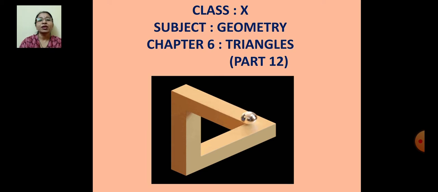It is with you. And we have been solving exercise 6.5 for the last 3 to 4 lessons, because this exercise is quite lengthy and there is a variety of examples in it. If you go through old question papers, board papers, you will find most of the higher weightage sums are asked from this exercise only. So that is why I am trying to take each and every example. So I request you all, you also practice all these sums in the notebook.